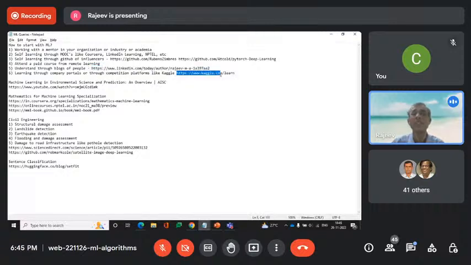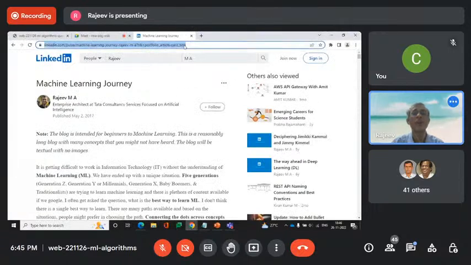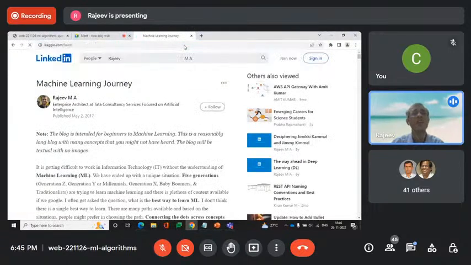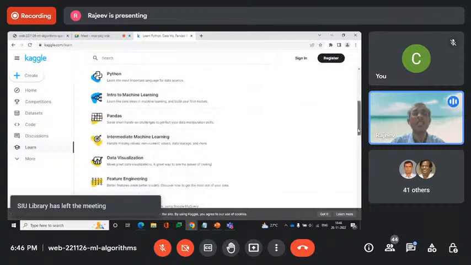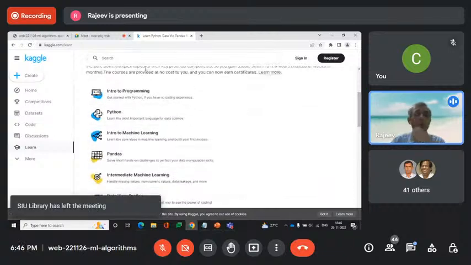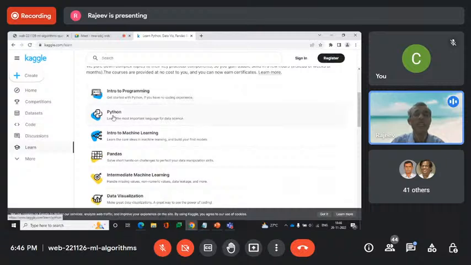Let me show that actually, because it's important. Why this is good is because it is simple stuff. Here, if you see, they teach you from the intro to programming languages, and they have taken Python as the choice. You don't have to stick to Python. For data science, you can use Julia, Java, but Python is the largest ecosystem. Predominantly, I would say 60 to 70% of people tend to use Python, but there are other languages like